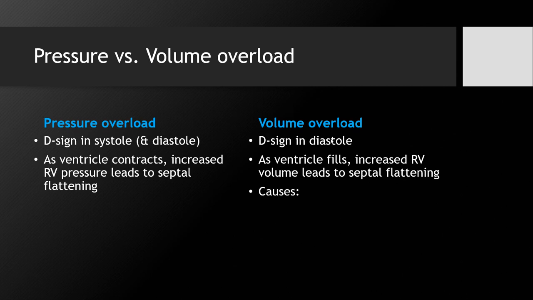In volume overload, you're getting that increased volume just in diastole, and that, of course, also creates an increase in pressure, which pushes the septum over. But this distinction is used to demonstrate that when you're getting the D sign only in diastole, that increase in pressure is driven by an increase in volume. And so when you see that diastolic flattening that's not there during systole, that's usually a sign of a volume overloaded RV. But when I say volume overloaded, it's important to be careful because you're probably thinking, oh, this is